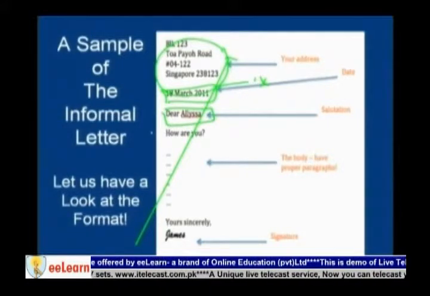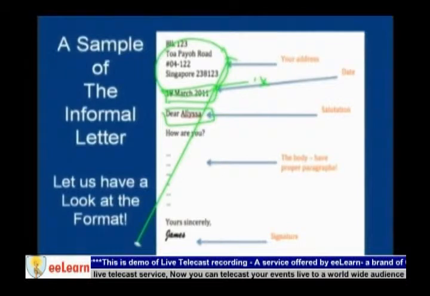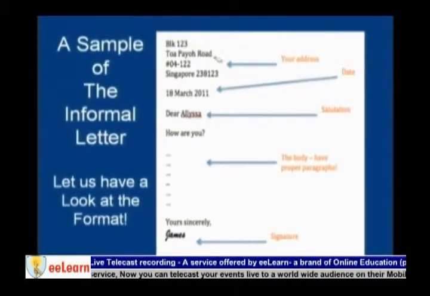You start with, a regular letter normally starts with things like how are you, what have you been up to, what are you doing these days, etc. The most important thing is that we have a certain word limit and we need to wrap it up very quickly. So you need to understand that you have to accomplish the tasks that have been provided by the examiner as well, which means that you have to finish your letter very, very quickly. An appropriate ending to an informal letter can be yours sincerely and your name.